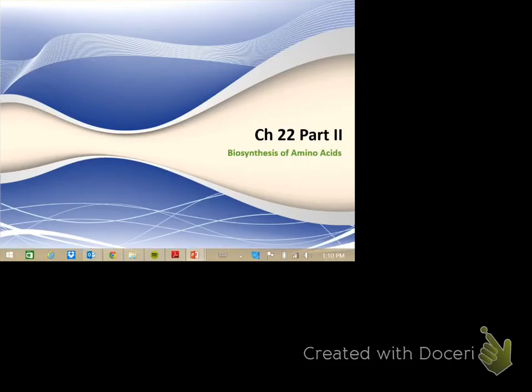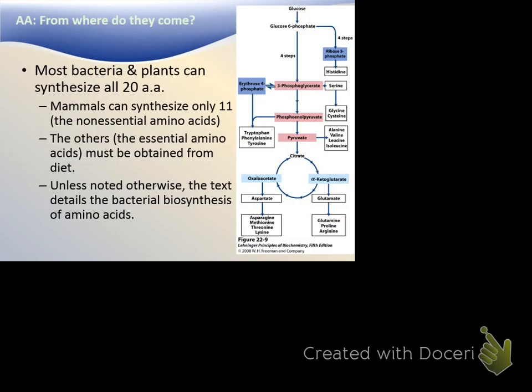So now we're going to start talking about the biosynthesis of specific amino acids. Because do we make all the amino acids in our body? No. So we only make what are called the non-essential amino acids, but there are several essential amino acids that we have to get from our diet. Whereas plants and bacteria often are able to make all 20 naturally occurring amino acids for protein synthesis. So mammals can only synthesize 11. There are nine essential and 11 non-essential amino acids. All the others must come from your diet.